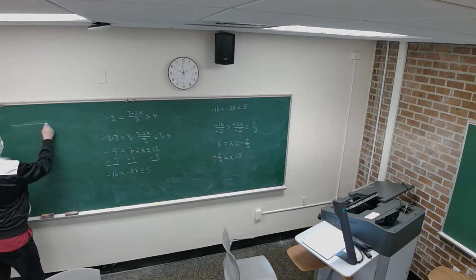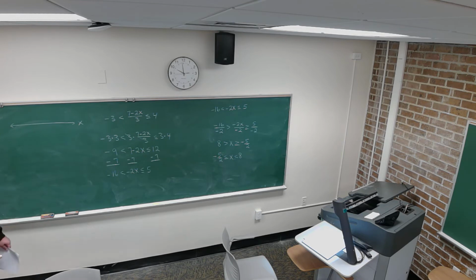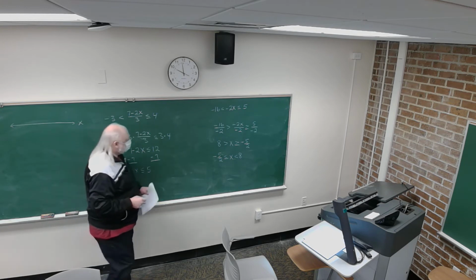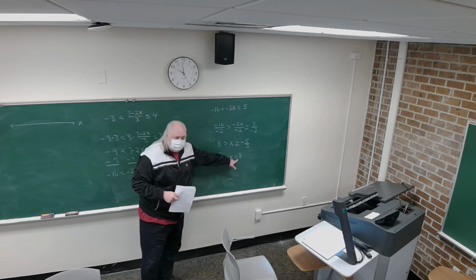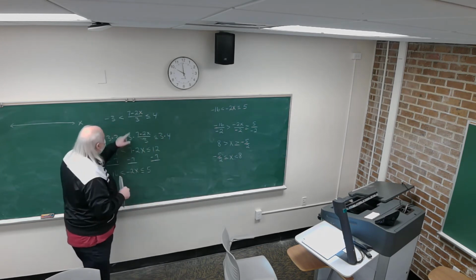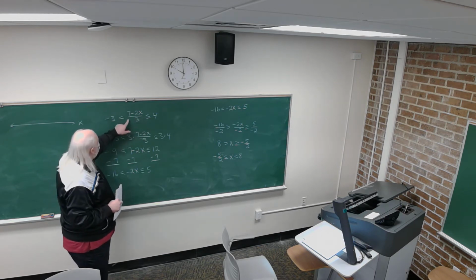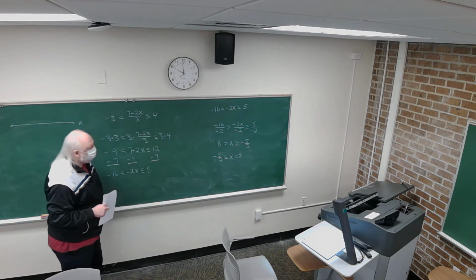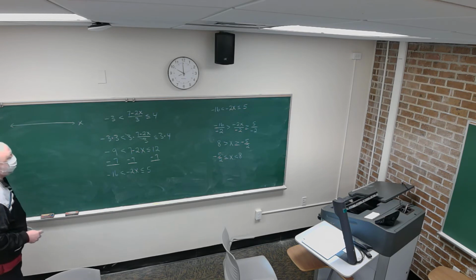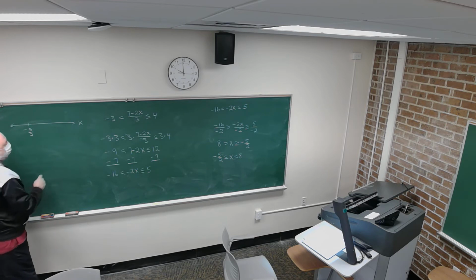So here's the real number line. We're graphing the solution set for the variable x. And so any real number greater than or equal to minus 5 halves and strictly less than 8, put in for x up here, okay? The value of the middle will be strictly greater than -3 and less than or equal to 4, okay? So here's minus 5 halves on the real number line. Here's plus 8,